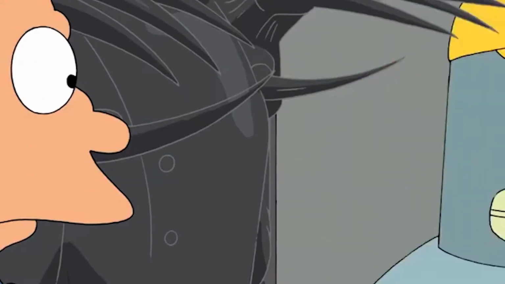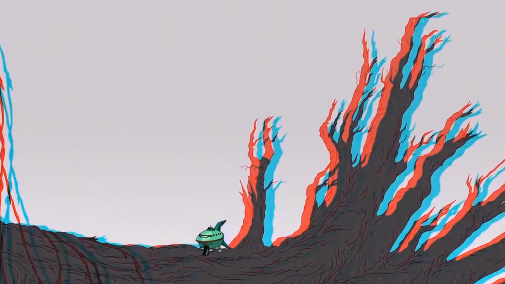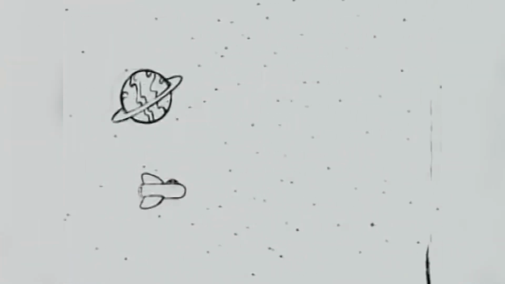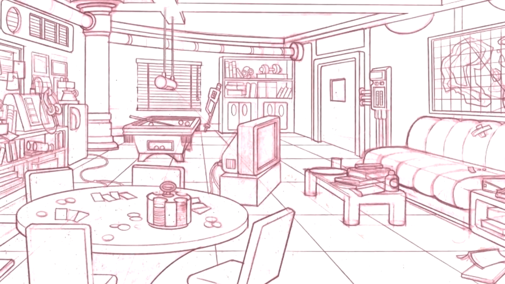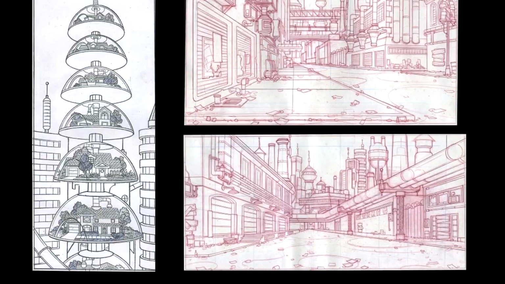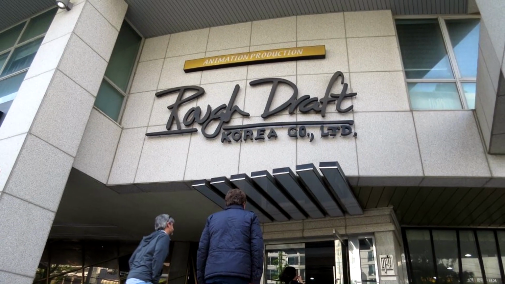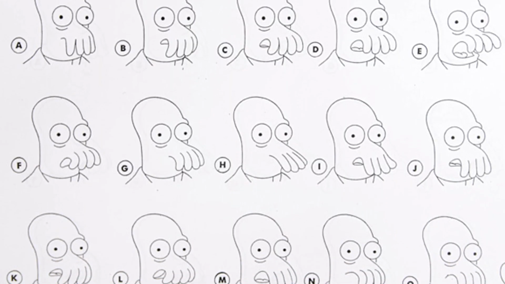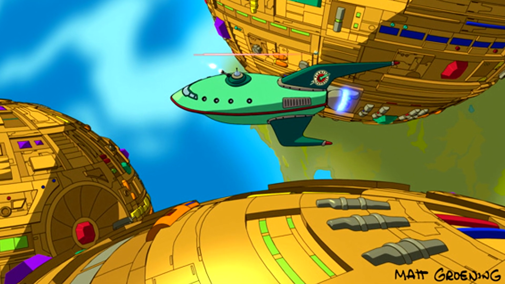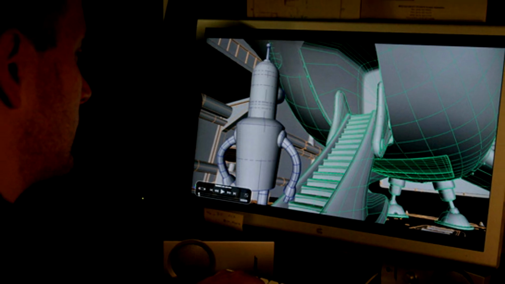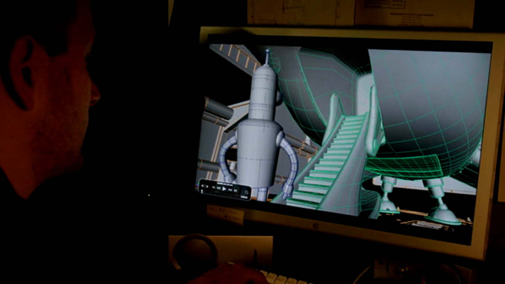Another show to use CGI and 3D animation is Futurama. In this show, they combine traditional animation with CGI. At Rough Draft's facility in Glendale, the episode is storyboarded and frames with key poses are drawn. At Rough Draft's facility in Seoul, South Korea, hundreds of artists work on the in-betweening, which is drawing all the frames in between one key pose frame and the next. These frames are then scanned digitally, colored and combined with 3D CG animation created at the Glendale facility.